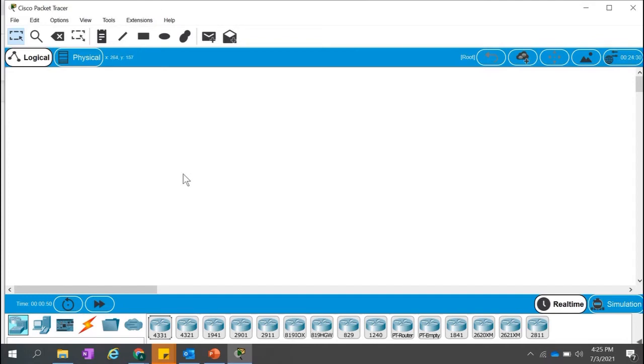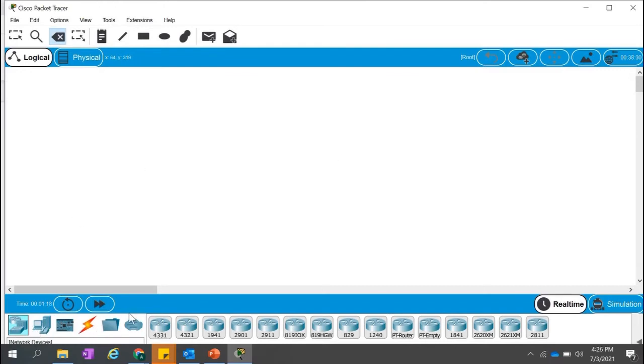We are having the different networking devices. So the router is here. If you click here, right, this symbol, networking devices, it displays many routers. You can just drag and drop the first router like this, right? You can select any of the routers like this. If you want to delete it, you can use this cross symbol here and click it here. It will be deleted like this.